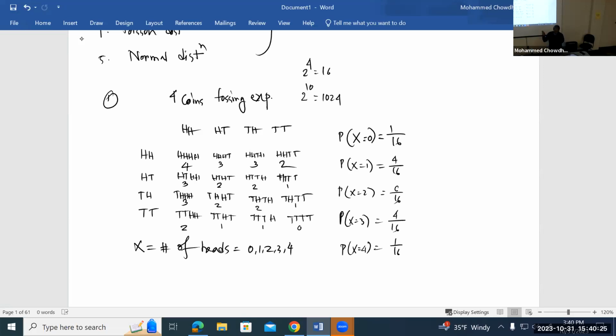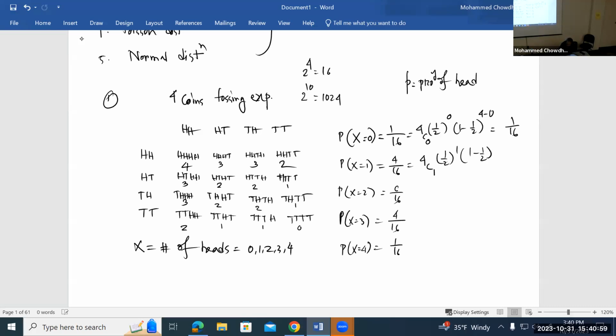Clear? For example, if I want to compute this, it should be 4 coins: 4 choose 0 heads, p to the power 0, where p means half, p equal to the probability of head, half to the power 0, times 1 minus half to the power 4 minus 0. That will give us 1/16. This one is 4C1, half to the power 1, 1 minus half to the power 4 minus 1, equal to, you will get